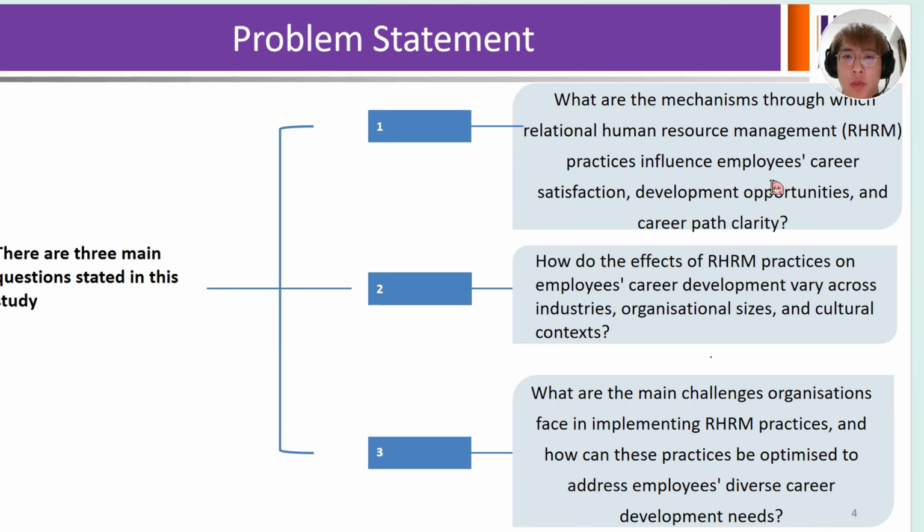Now I will talk about the problem statement. There are 3 main questions stated in this study. First, what are the mechanisms through which relational human resources management practice influences employees' career satisfaction, development opportunities, and career path quality? Second, how do the effects of RHRM practice on employees' career development vary across industries, organizational size, and